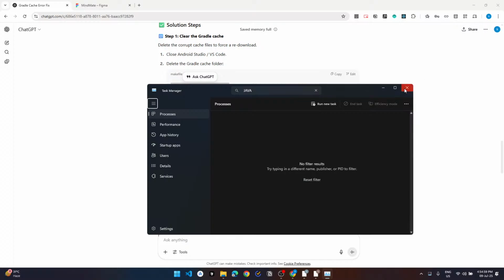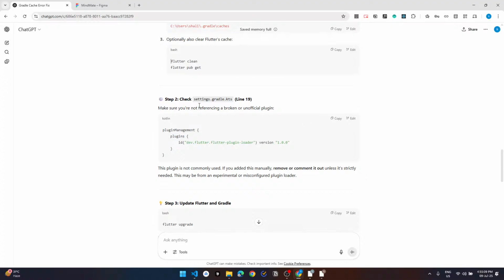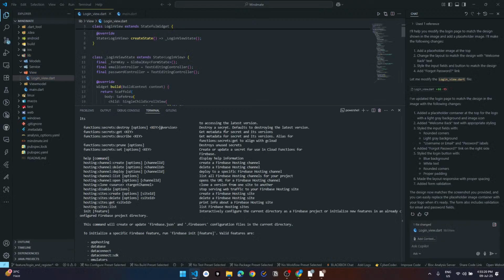Yeah, this is done. Flutter clean. Okay. And in settings Gradle, we need to add this line, right?